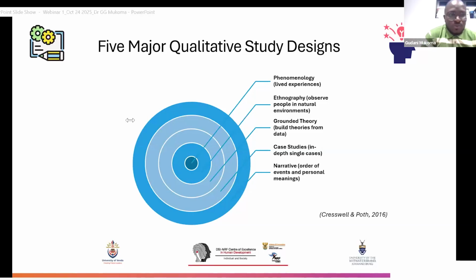If they were not clear, please drop a chat, and I can elaborate further on the differences between phenomenology and narratives design. It's very important that you are able to distinguish the differences. Number one, with phenomenology, you are going in depth. So this will involve you collecting data with participants, or with the participant, on a one-on-one basis,